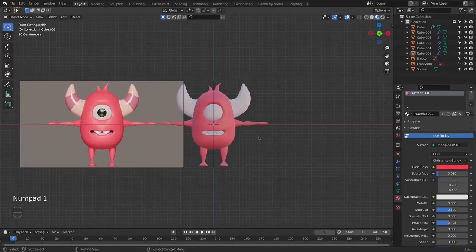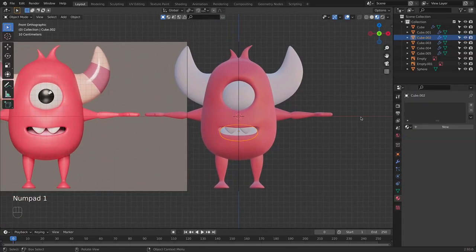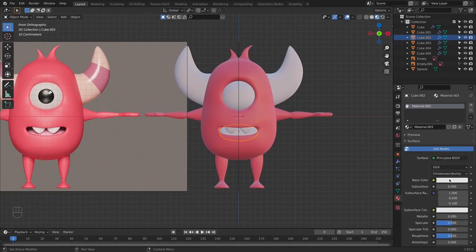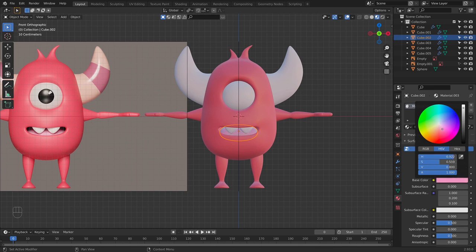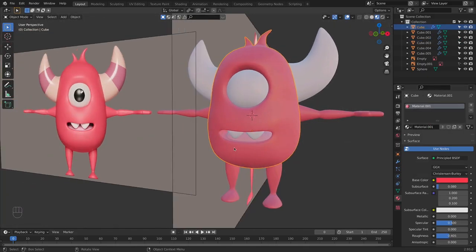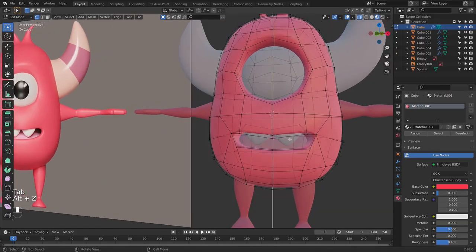like this. Okay, once I did that, I will select the thumb. I will add a new material that is going to be pinkish. So let's try to find it. So we are going to make it a little bit pinkish like this. I think that this one is going to be pretty. So now I will go inside of the